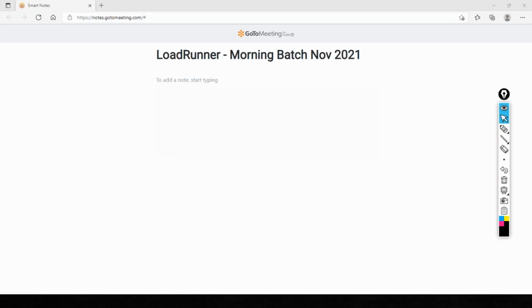So, welcome to the Load Runner session. Yesterday, we completed the initial demo session where we discussed what performance testing is, and we also covered the components of the Load Runner architecture.